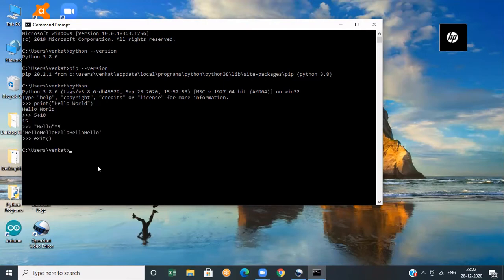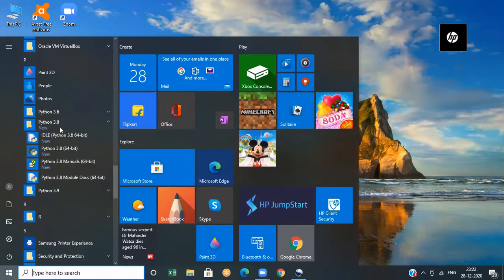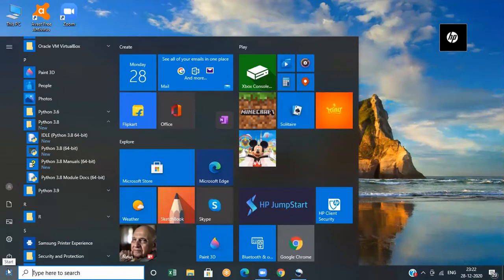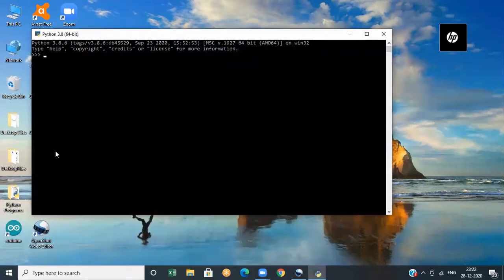Now let us focus on the second method, calling the interactive mode from the Python terminal. For that, we just need to go to the start. Then here we have the Python terminal, so click on this. When you click Python terminal, again it displays the version of Python 3.8.6. Automatically it gives us the shell prompt.